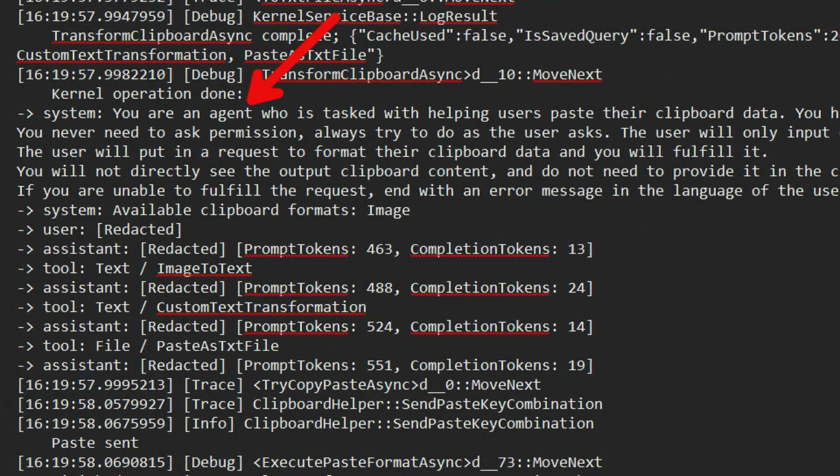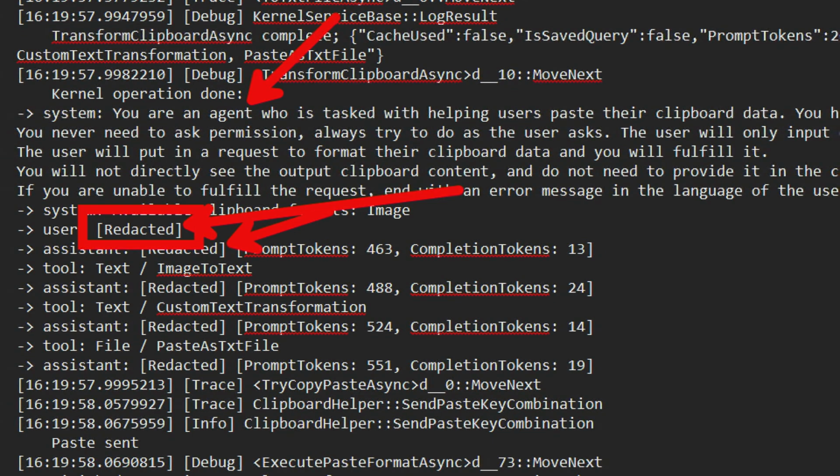You can think of it as, what if we had a paste expert who had access to all of those tools that I just used? They knew about all of these tools. And then a user comes in and asks, in this case, us, that was the user. We asked, can you take this image on my clipboard, translate it, and then paste it as a file? That's what we asked it. And we redact that information from the logs, obviously, to keep your personal data safe. But that's what that content was right here.